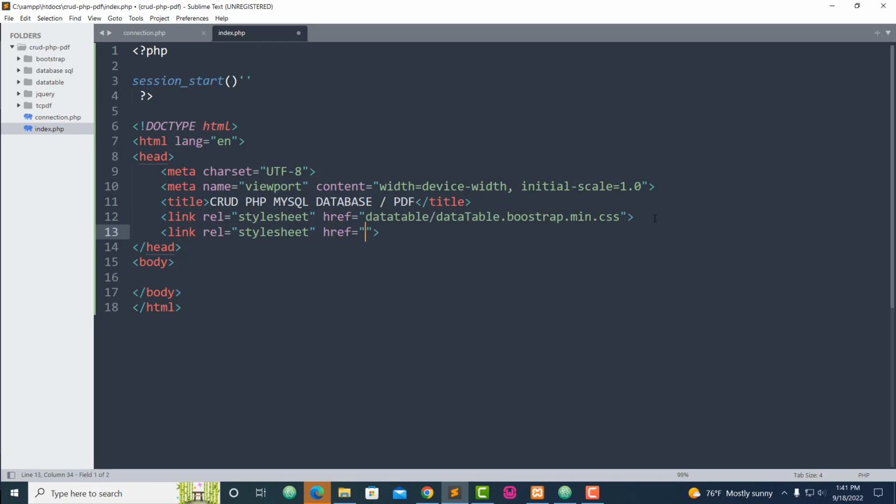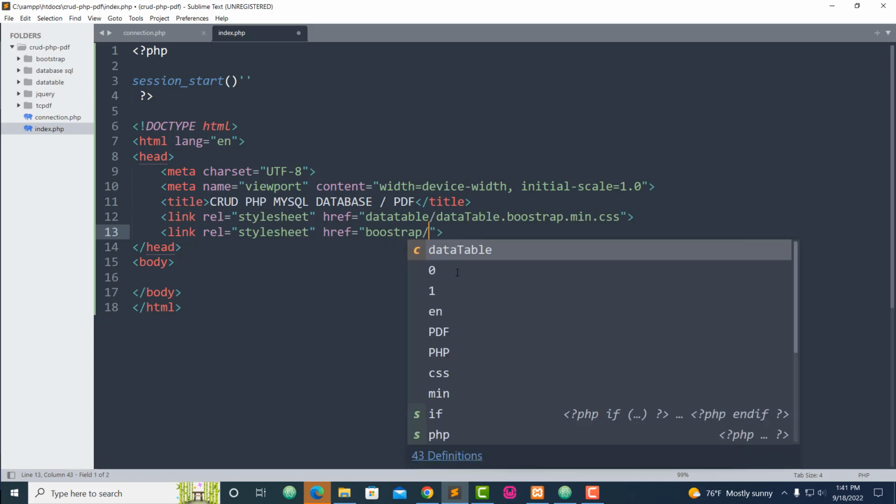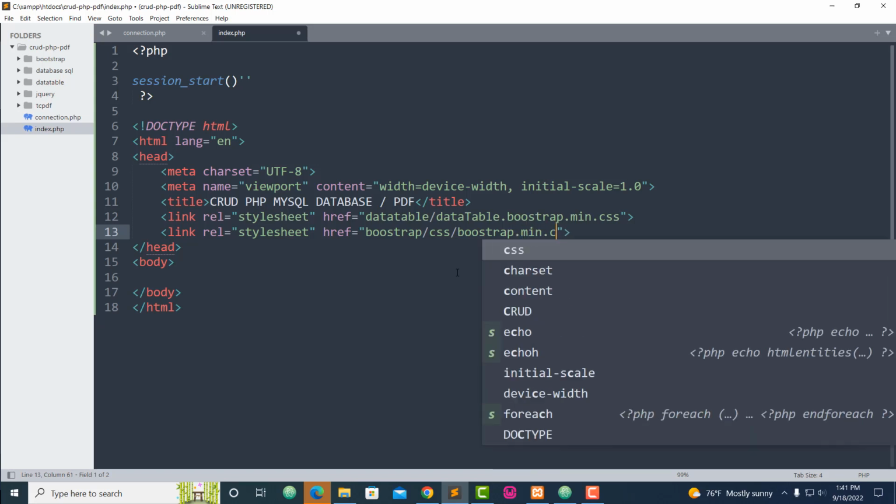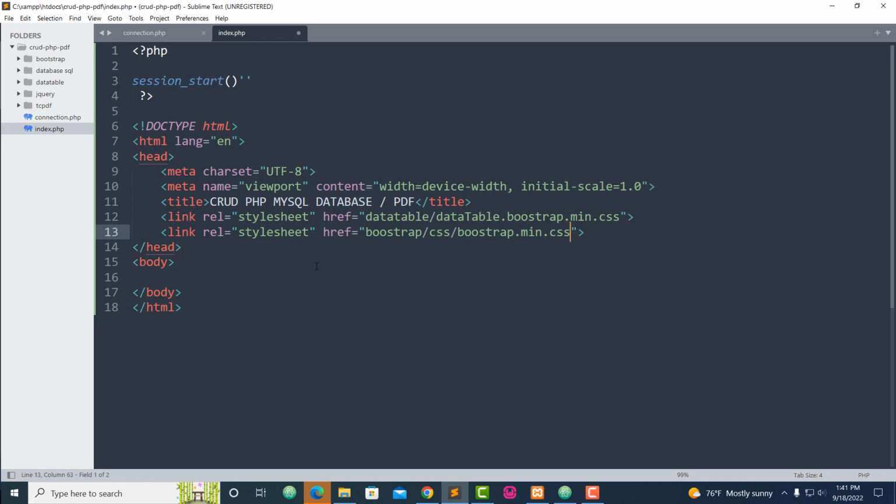This is a folder, and now I'm going to use the folder called Bootstrap. Okay, take this one, and inside of my Bootstrap I have the folder called CSS, and I'm going to call the folder Bootstrap, bootstrap.min.css. Okay, that's all we need. Now let's go